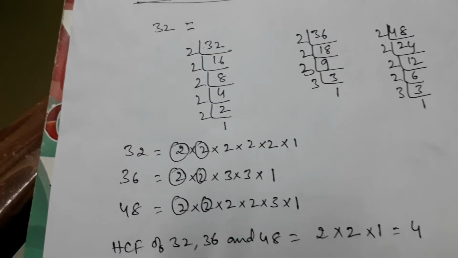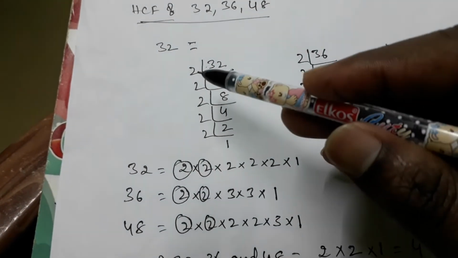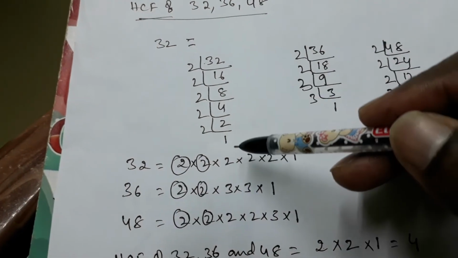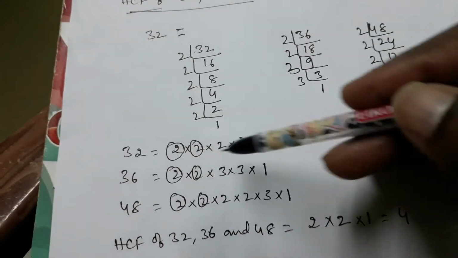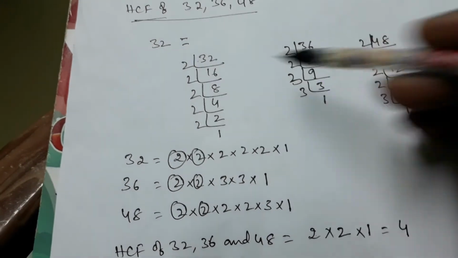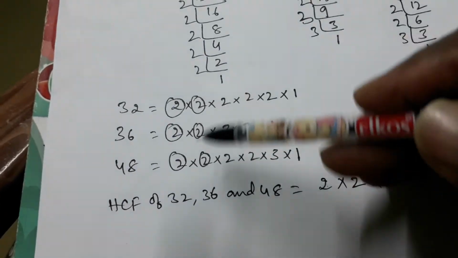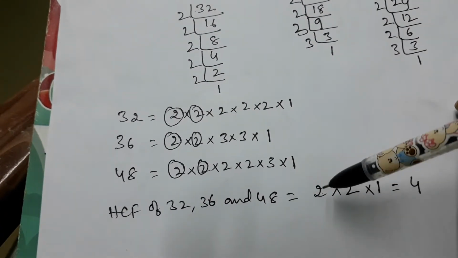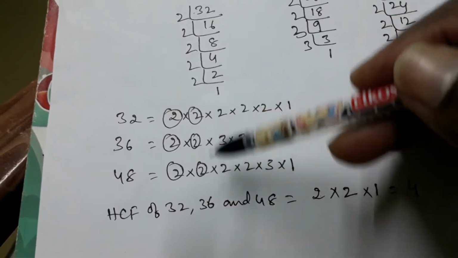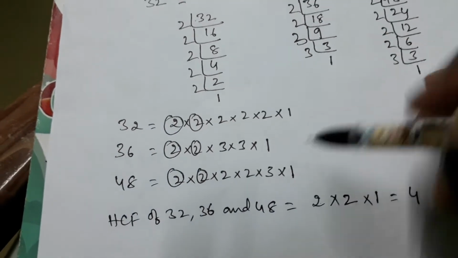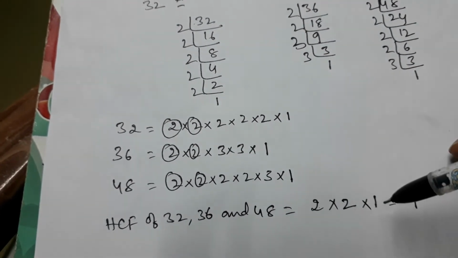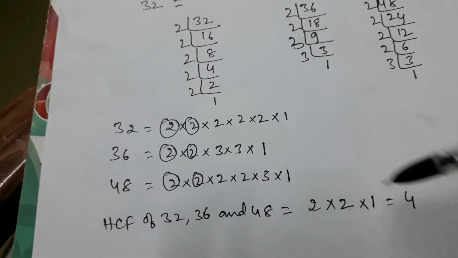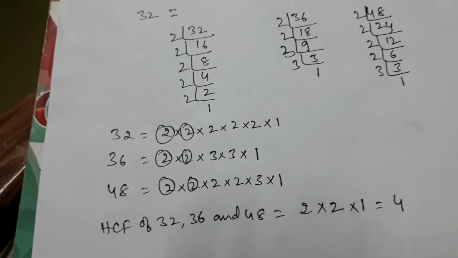Now write the factors, take prime numbers and divide continuously as long as possible. Go on dividing. Write the factors. All the outside numbers you write as factors for the given numbers, and from all these, what is common in all, you take one time. 2 is common in all. Next 2 is common in all. Next, no other numbers are common in all, only 1 is common in all. So whatever is common in all, take one time and multiply all the common factors, and you will get the HCF. This is one method. This is called the prime factors method.